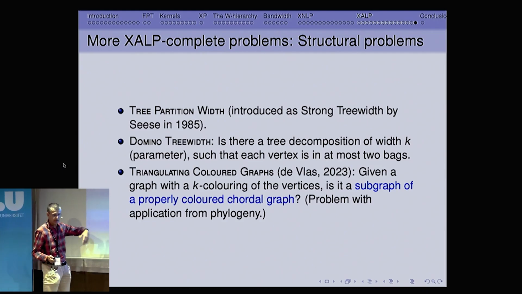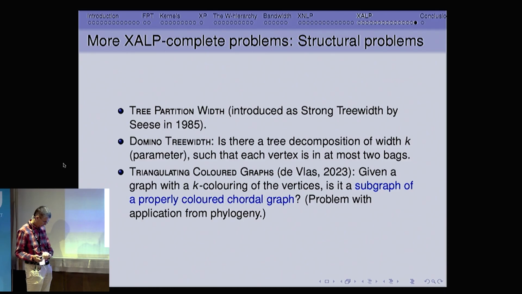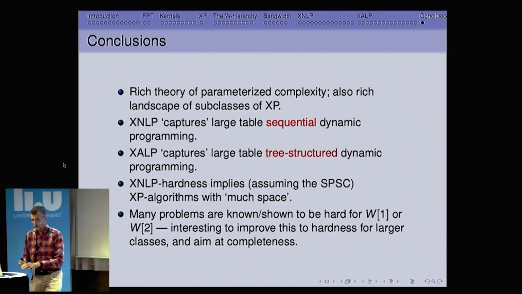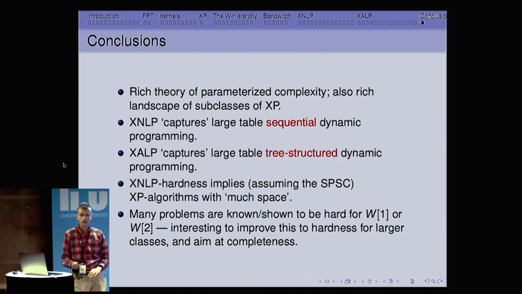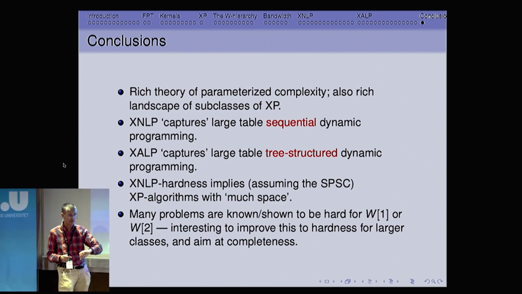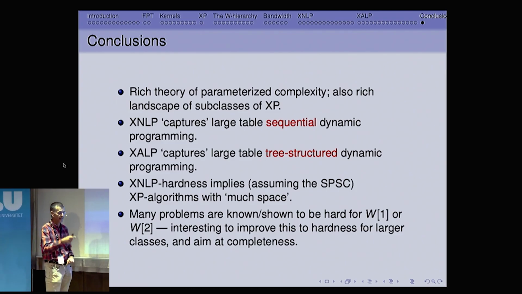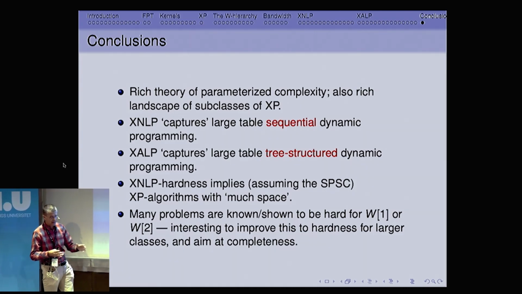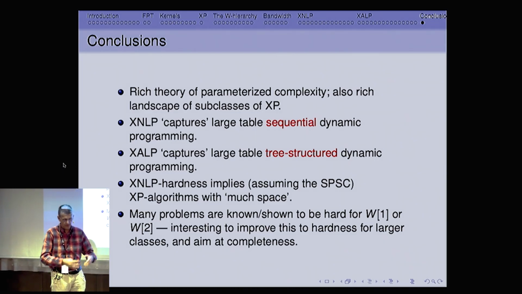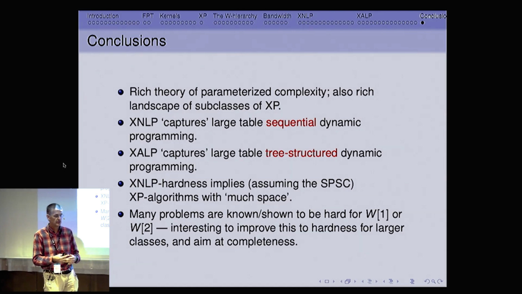And then there are more problems which are complete for this class. But let me use the last minute to summarize. I still have 7 seconds left till it's 3 o'clock. Okay, so I hope I introduced you a little bit to this rich landscape of W-hardness, and